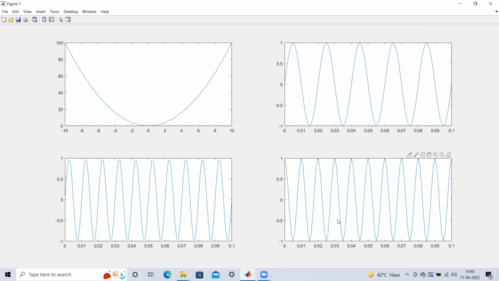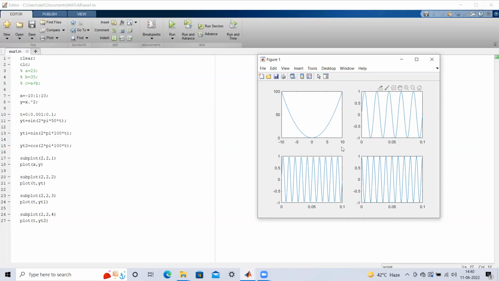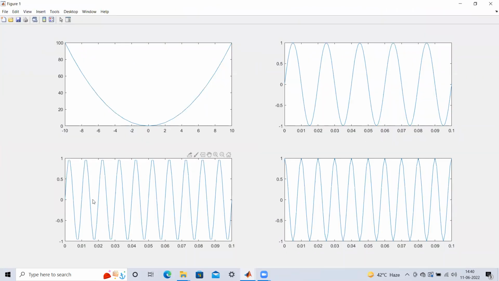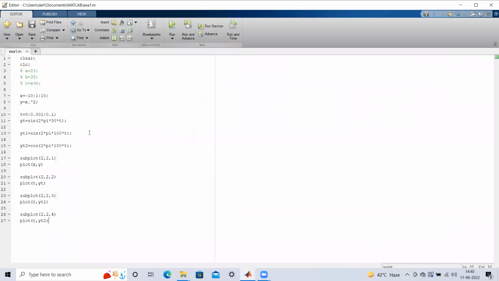Here one more thing that you can observe is that the plots of these two sine and cosine functions, when it is 100 hertz, are not very clearly visible. Okay, so it is not in its pure form. You can see it is a little bit distorted here. So how this can be corrected is that we have to just increase or decrease this particular step size. Okay, we have taken this step size